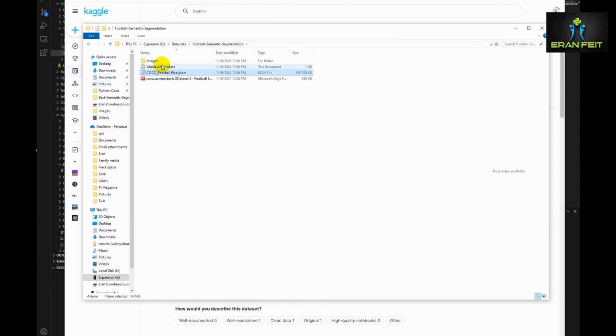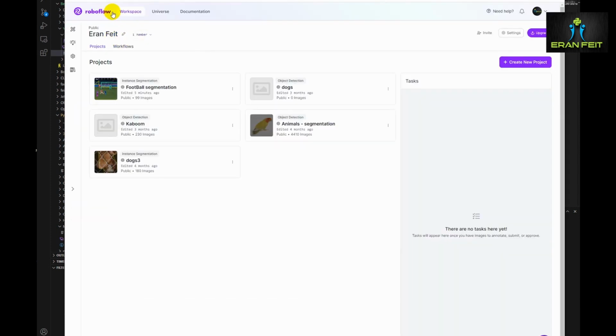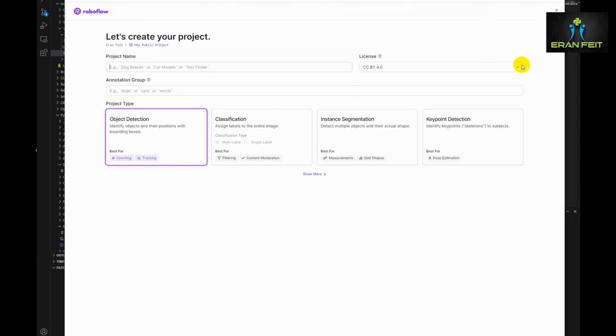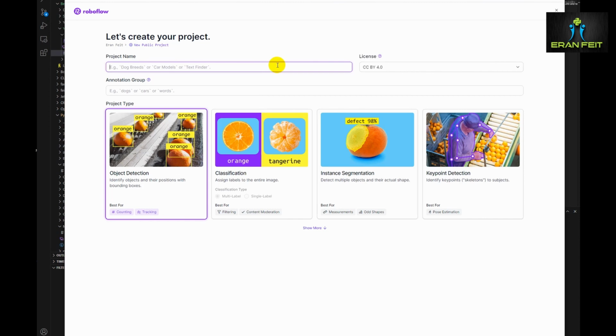In order to do that, we will use any software or website that can convert from a JSON format to a YOLO format. I prefer to use Roboflow. This is a free website. You can create your own free user. So let's create a new project. Let's name it